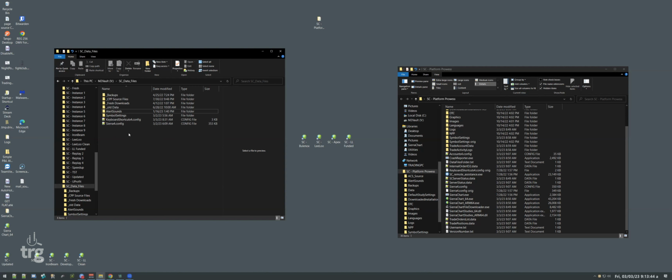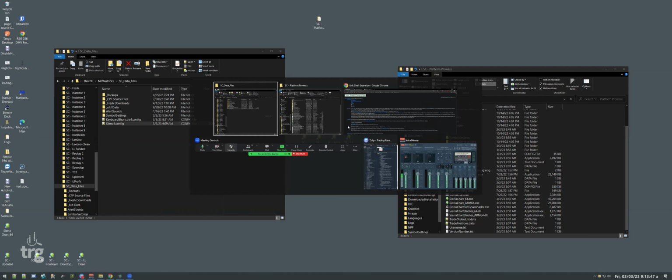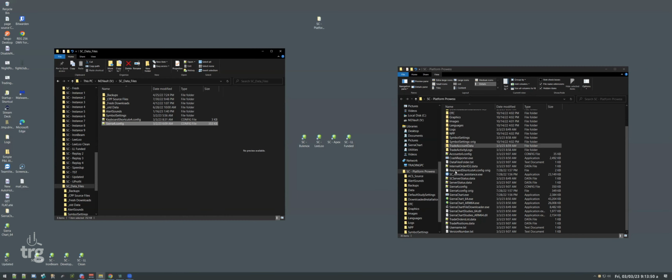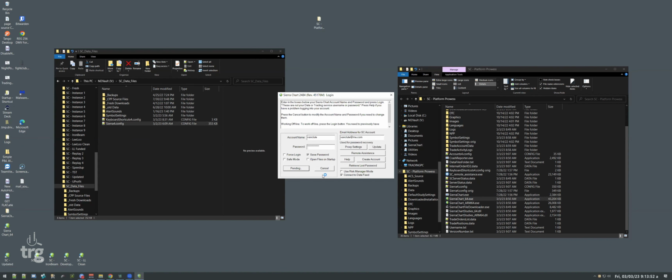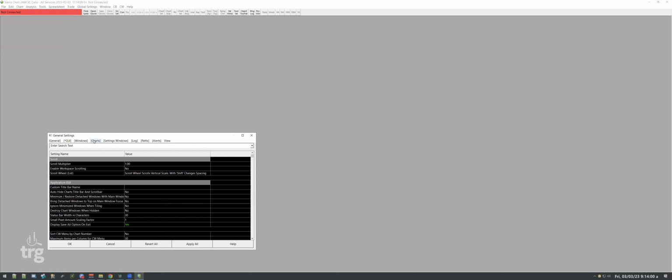The reason I don't do this is because this includes the naming of Sierra Chart. What I mean by that is, let me just pop this copy open real quick. In Sierra Chart, if you go into global settings, or general settings, I should say, and you go into GUI, custom title bar name, right? Custom name. You can give your title bar a custom name. And if you look up here in the upper left-hand corner, when I do that,